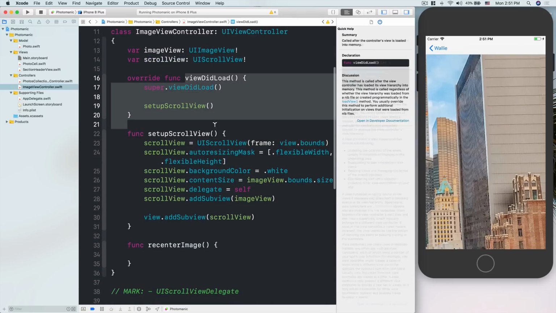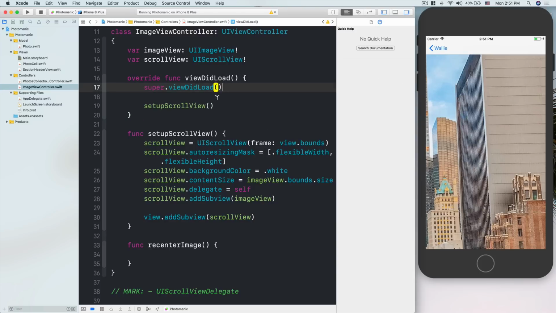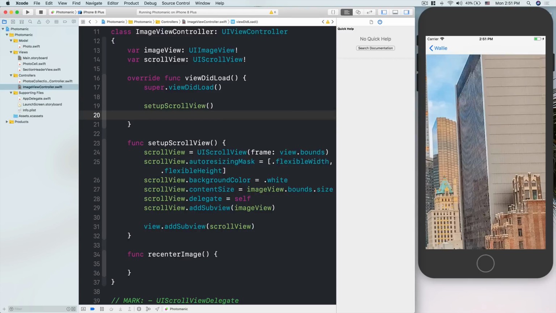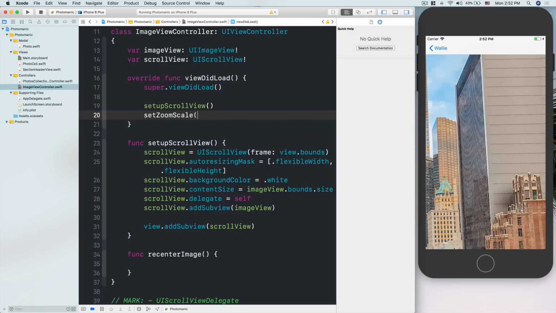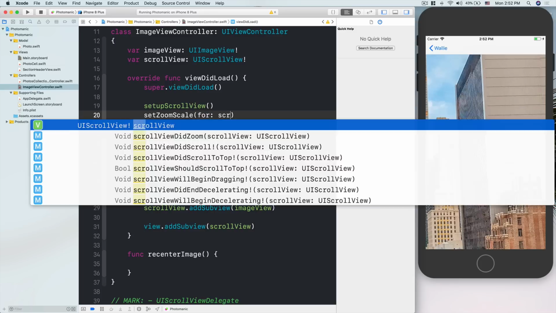In viewDidLoad, we want to set the zoom scale of the scroll view so that it will show the image exactly fitting the entire screen, right? So let's call a method called setZoomScale